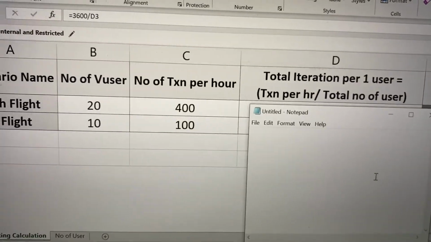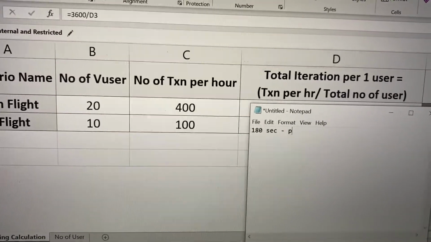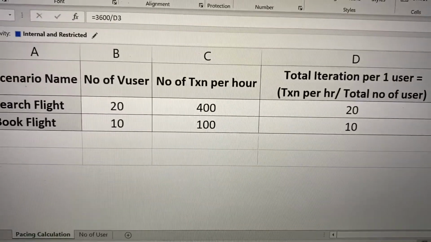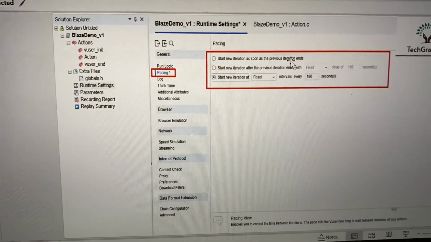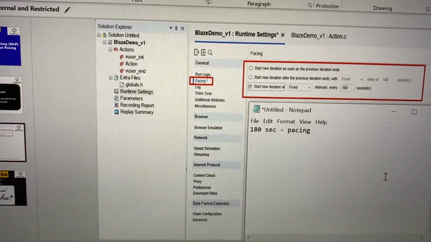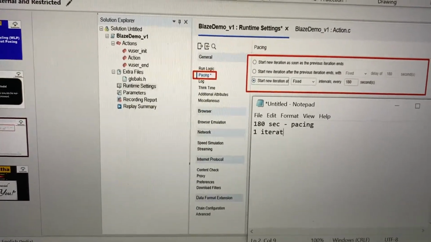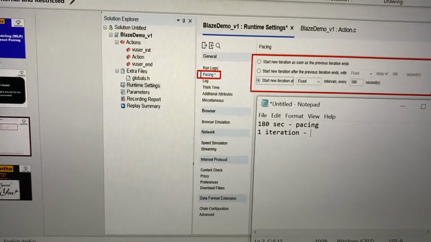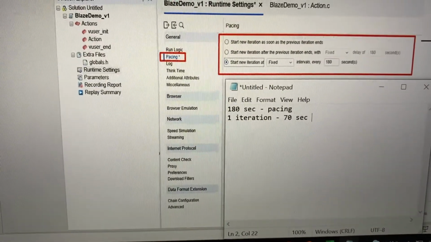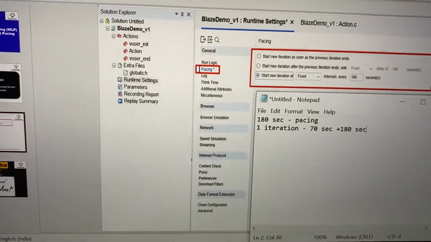Now if we do the calculation, suppose 180 seconds is the pacing, and you proceed with the second radio button. Suppose the first iteration took 70 seconds. After 70 seconds it will again wait for 180 seconds.